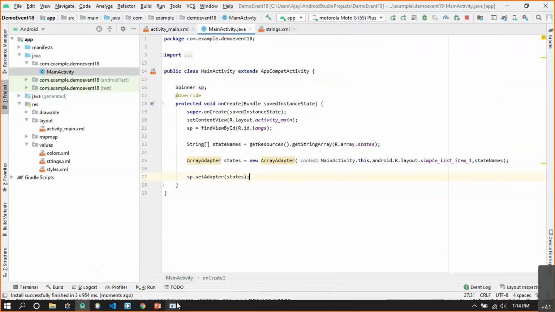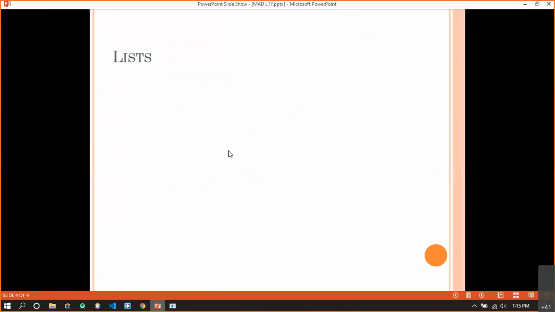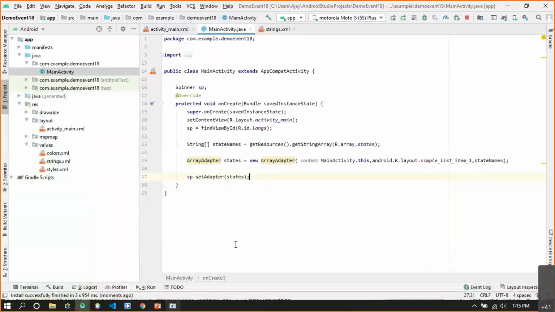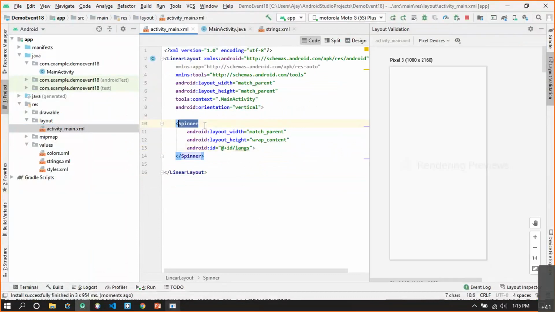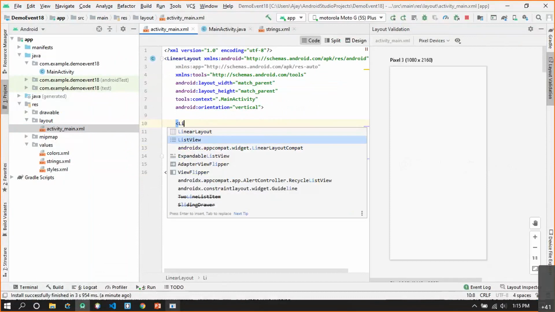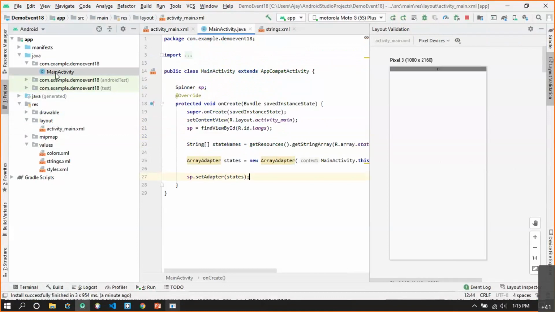Okay, now similar to spinner, there is one more item available, and that is basically called a list. Now as you can see, the spinner is basically a drop down item. Now if I change the corresponding spinner element with another element called a list view, and I take its width and height as match parent, you'll be able to see what the difference is.